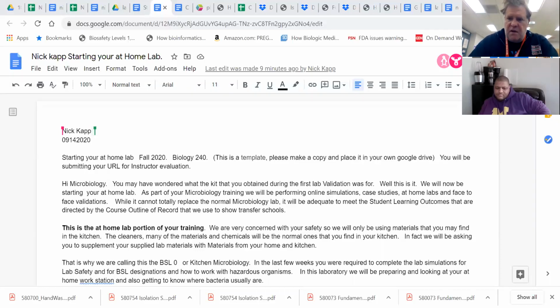Okay. Read through the introduction to this, and then what I want you to do is to record your at-home microbiology workstation. Again, you're going to have a table here with 3 columns. I will give you a task in the first column. In the second column, you're going to describe in your words what you're doing, and then I want a labeled picture of what you're doing. And then the next one, activity number 2,